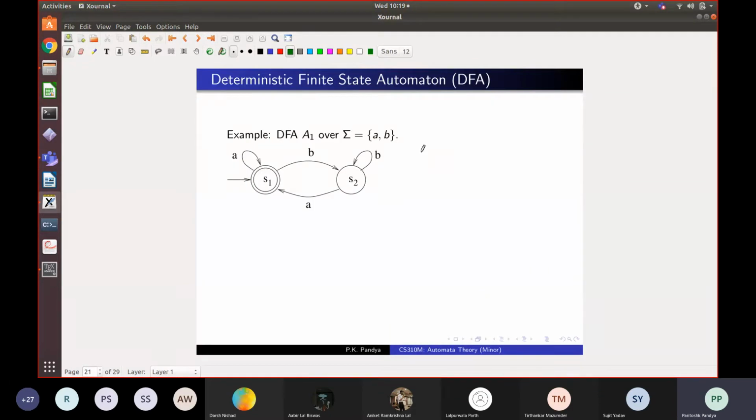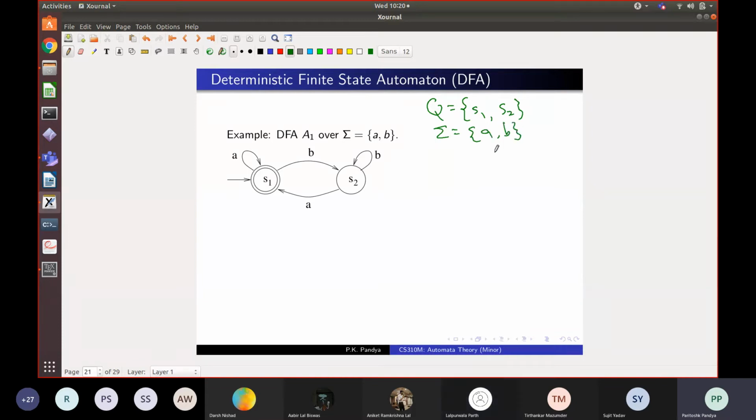Let us take one more example. Here we have got a deterministic automaton with 2 letters A and B, right? And the automaton has 2 states. So syntax wise, what is the okay, I'm sorry, I should learn to write better with this tablet. What is my set of states of this automaton? S1 and S2, right? What is my alphabet? 2 letters, A and B.